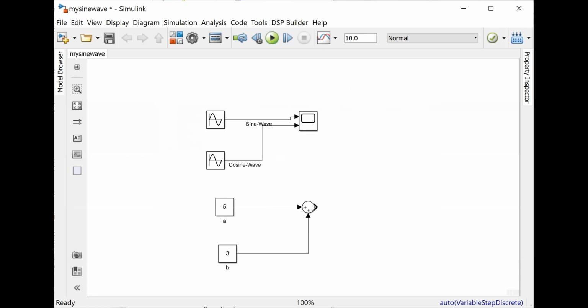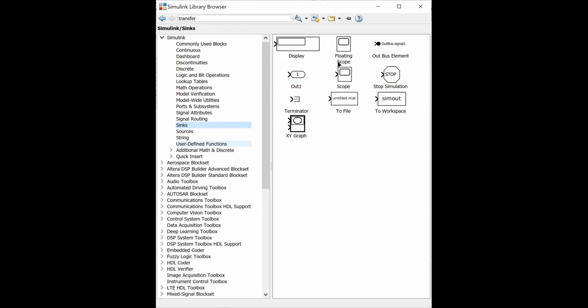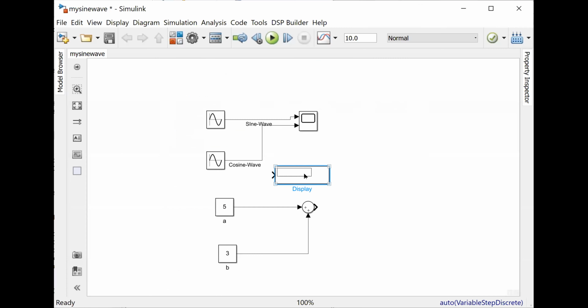To do that, I can do this on the scope block itself. By the way, there is no need to change the scope. Means you can add a scope here, but in one more block available in sync is this display. You can see there is one block that's display that will give you the value, that's the output of this sum. Now let me add it. So I click on add block to my model Sine. Let me show you that the block got added to this our model, and you can click on this and